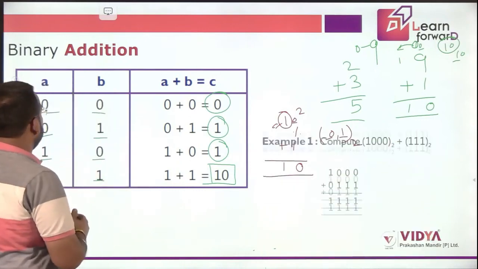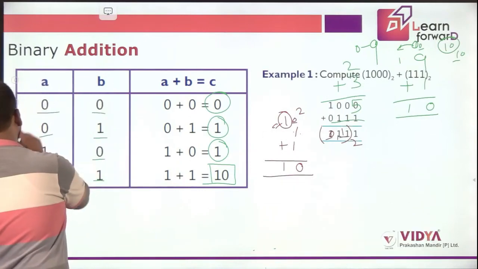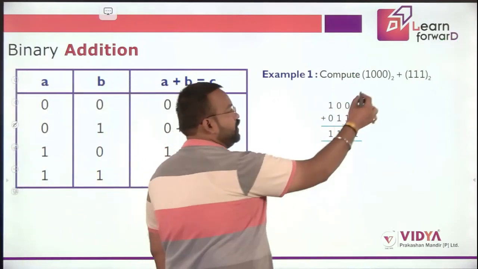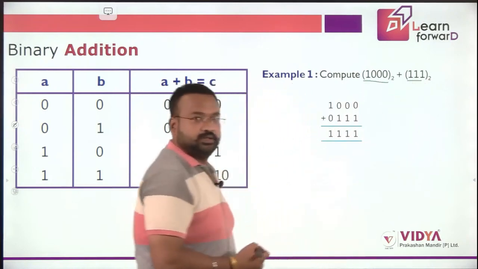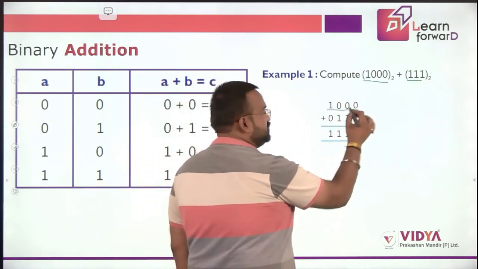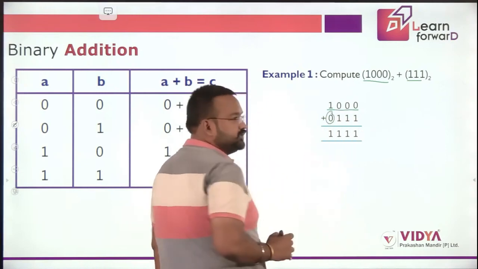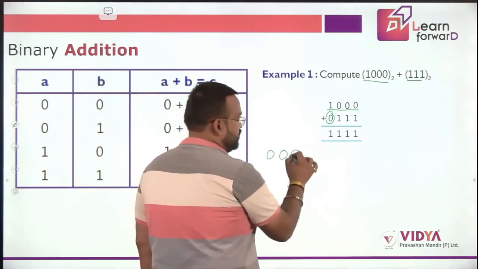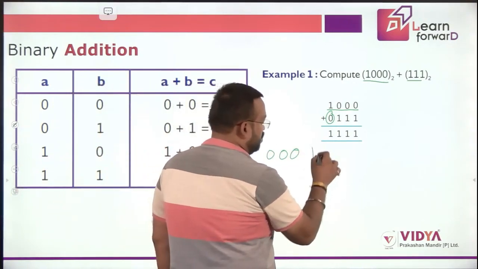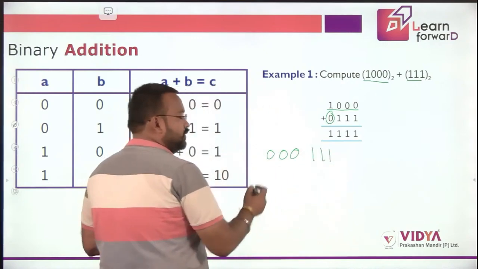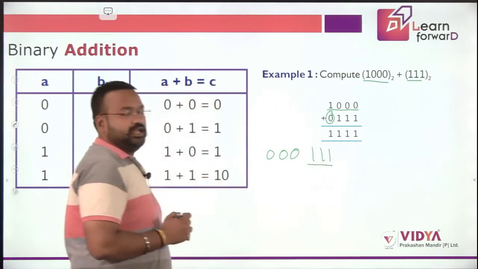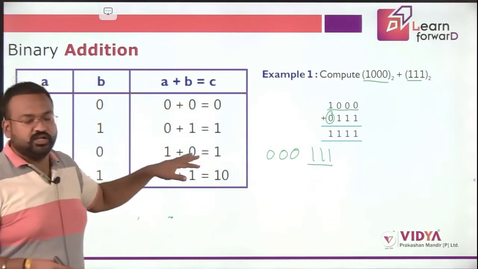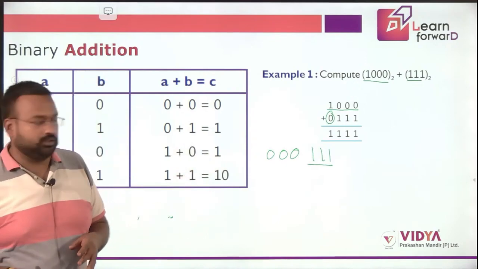Let's see an example that will make it more clear. In the example, we have to add these two numbers. The first one is this. Just for simplicity, we have added 0. I hope you know that we can add as many 0s on the left side of the number while keeping the number the same as it is. So it doesn't change the number. I can add n number of zeros, but that won't create any impact on the number.